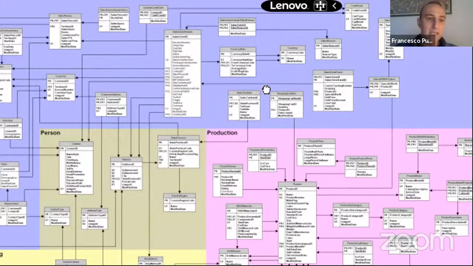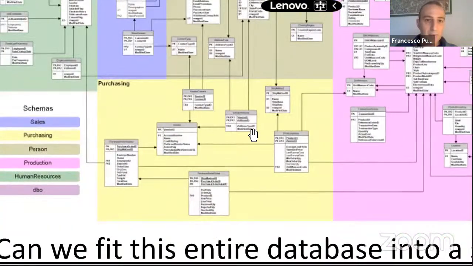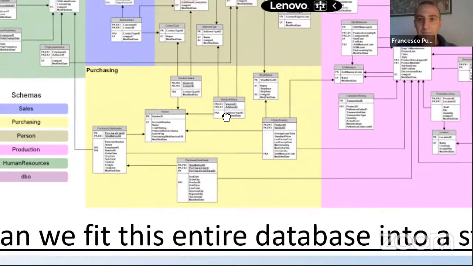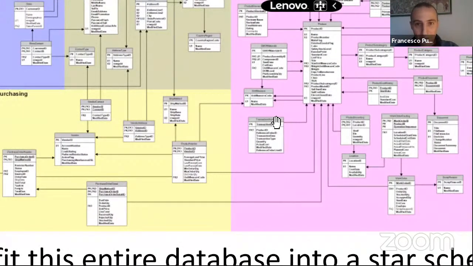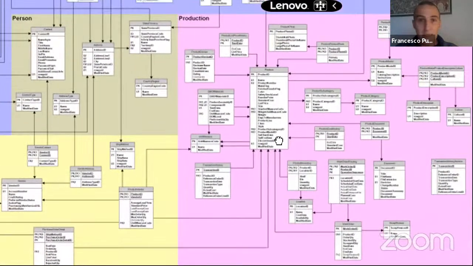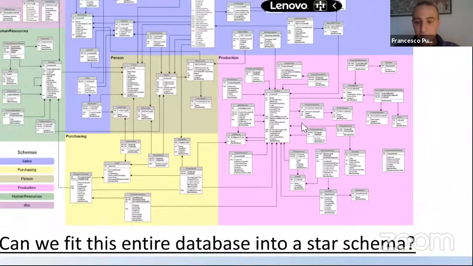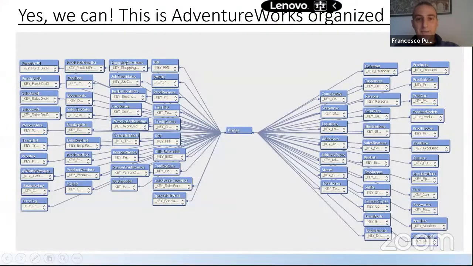You have here the sales, you have the purchases from the supplier, and you have the production. So you have really multiple fact tables. To my knowledge, today there are not many solutions that are able to put these tables all connected together, all in one star schema. I would be very surprised. So they are all here.